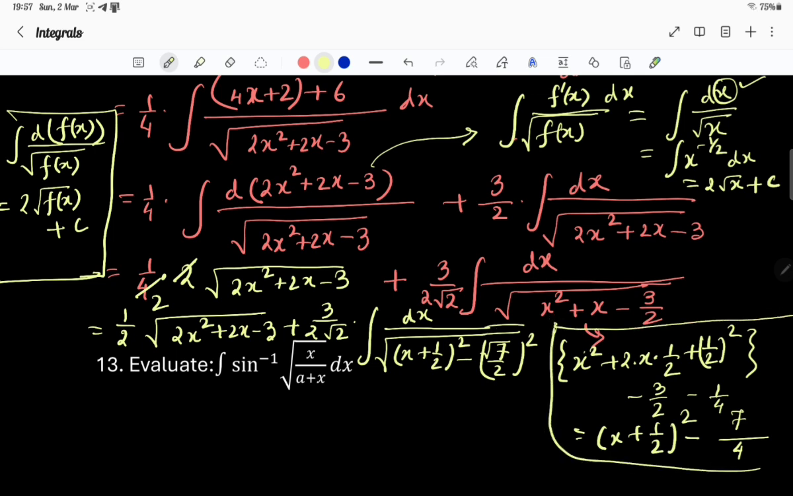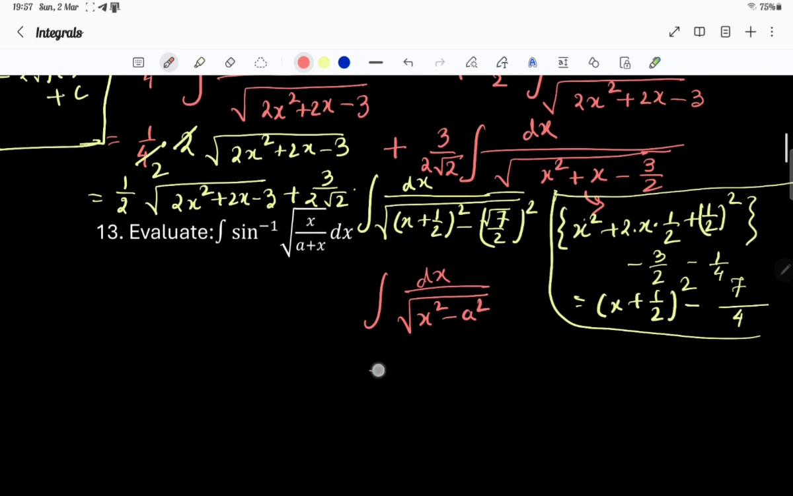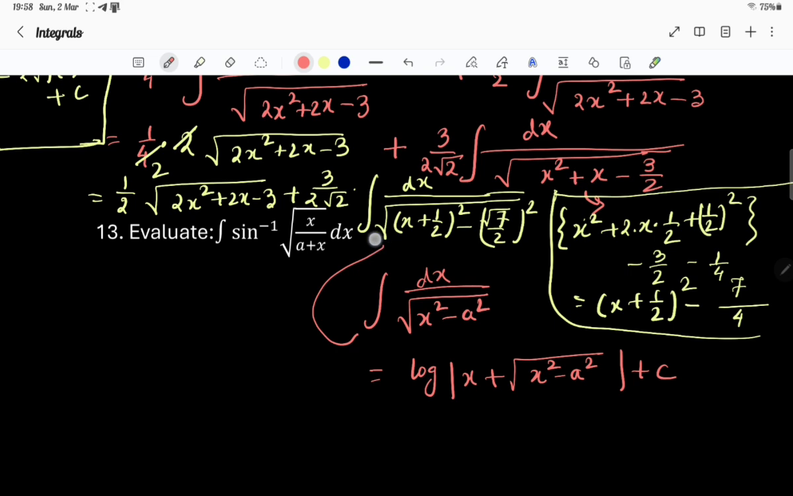Now what will I do? That formula. Do you know that formula now? Integration dx by root over x square minus a square. What is that formula? Log of mod of x plus root over x square minus a square plus c. You will apply this formula in this integration and you will find the answer. Understood? So do it yourself at home. Now next